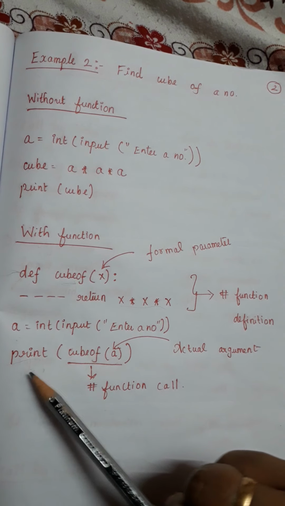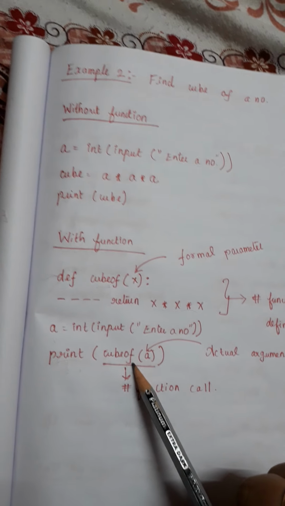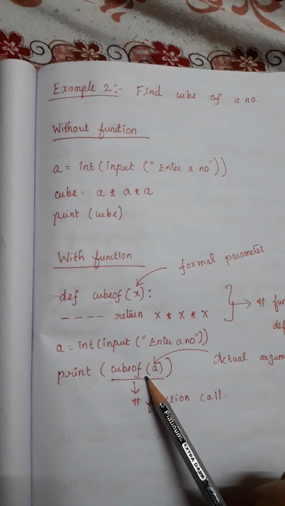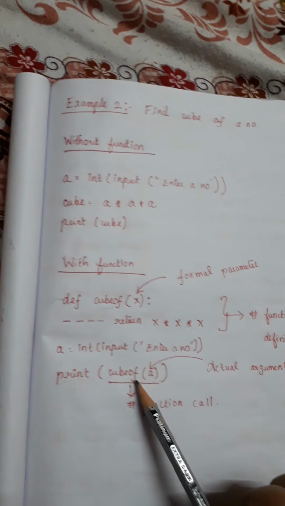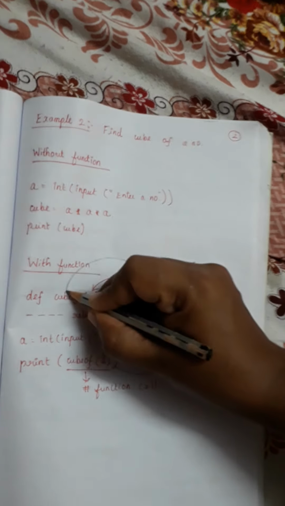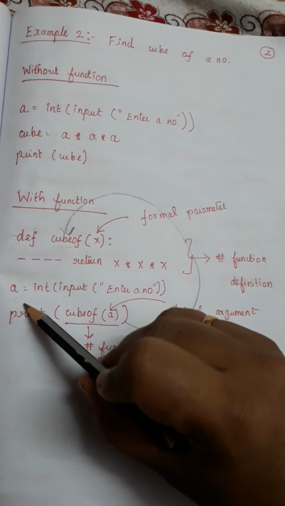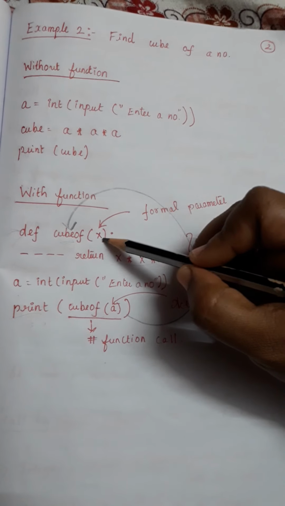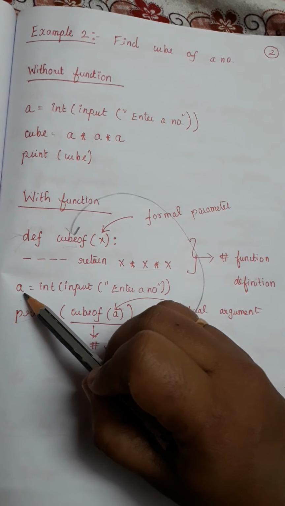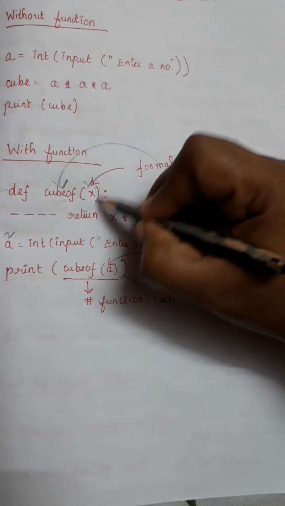This is called composition of functions, and you know that the innermost function gets executed first. So cube of a function is called, right? Cube of is the name I have given, so with the same name I am calling the function. The program control flows from this particular place to the place where I have defined the function. While going, it also carries the value of a which we have got from the user and stores it in x. Suppose I have got the value of a as 2 from the user, the 2 is getting carried, that 2 is getting stored in x.